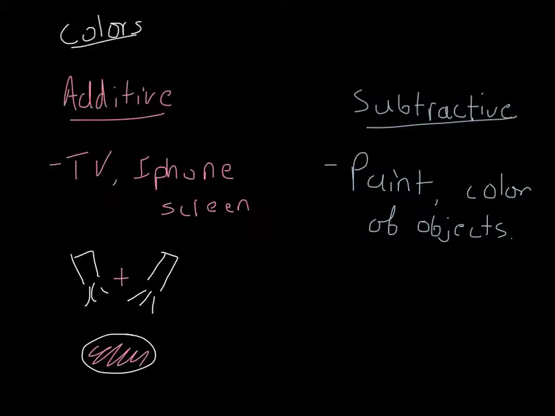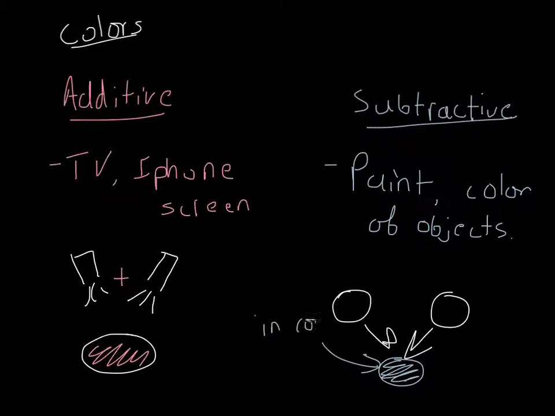On the opposite side of the spectrum, over here with the subtractive, it's a little bit different. You're taking one color pigment, you're taking another color pigment, and when you mix them together, the only color that shows is the one in common. Okay, so the only color that shows is the one that's in common. Here, with the additive, it's like a mixture of the two, so it's everything that's there. Okay, so it's all added together. So that's the big difference between these two.